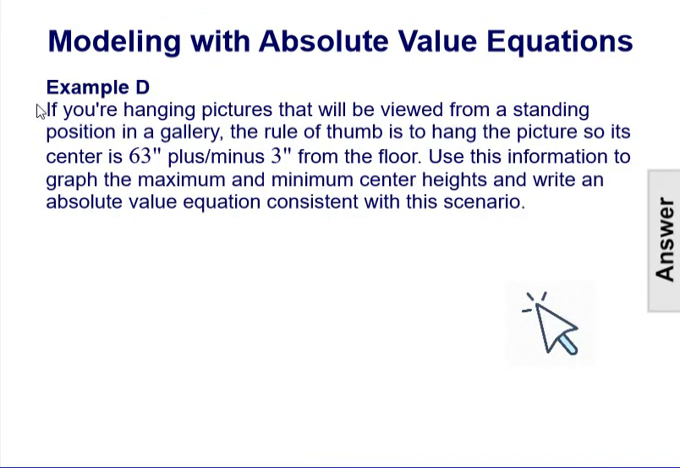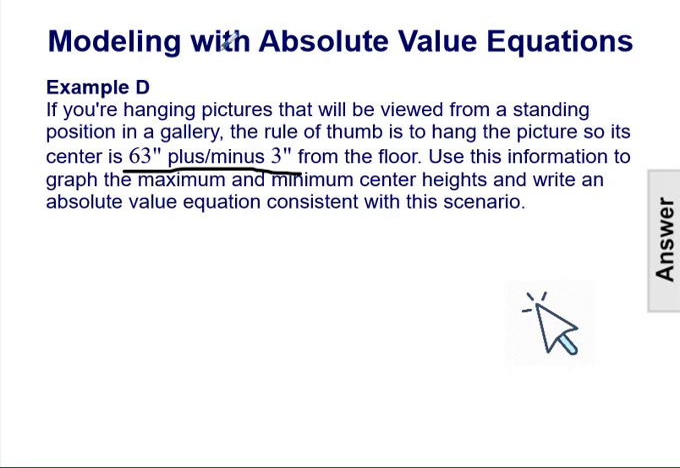Let's look at D. If you're hanging pictures that will be viewed from a standing position in a gallery, the rule of thumb is to hang the picture so its center is 63 inches plus or minus 3 inches from the floor. Use this information to graph the maximum and minimum center heights and write an absolute value equation consistent